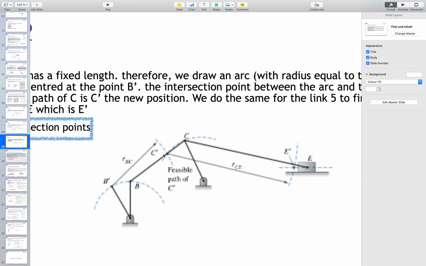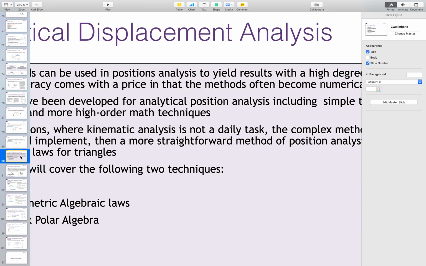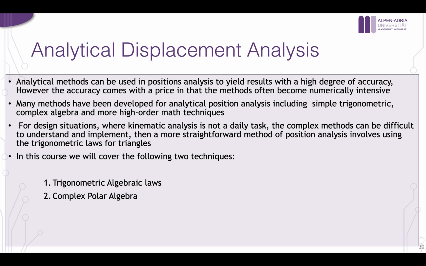And then from point C prime, I would now draw the third arc, which has the radius of CE. Then the intersection between this arc and the line there is the new position of E prime. Okay, so it's graphical, it's quite simple,